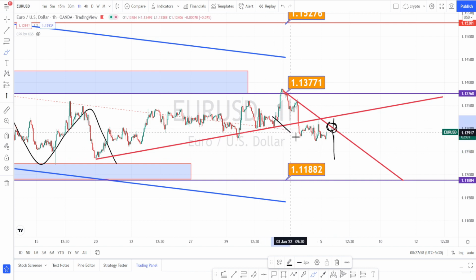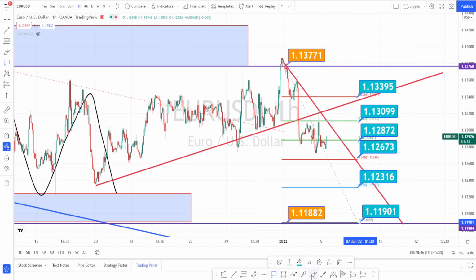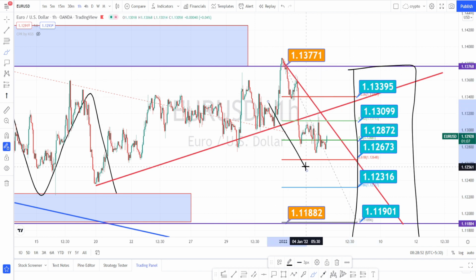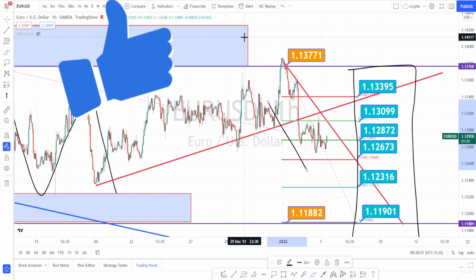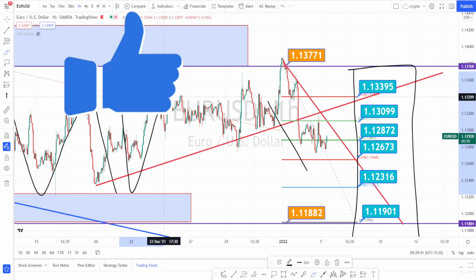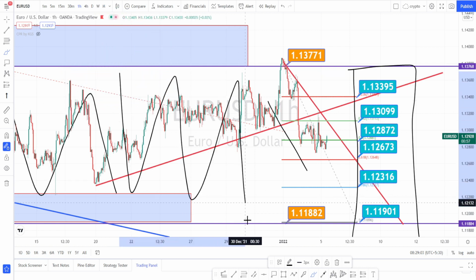But overall, when we look at the price action, it is in a very nice downtrend. Let us mark the support and resistance levels. So these are all the support and resistance levels in hourly time frame. Currently the market is on a bearish trend, and overall when we see the market also, it is in a bearish trend, but currently it is in consolidation within these support and resistance levels.